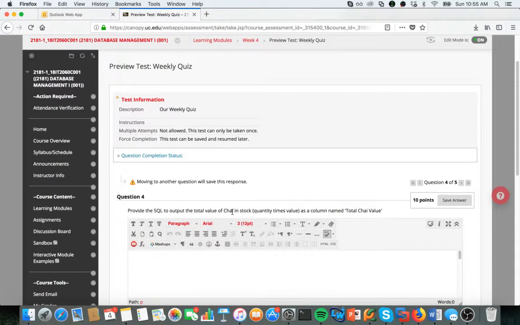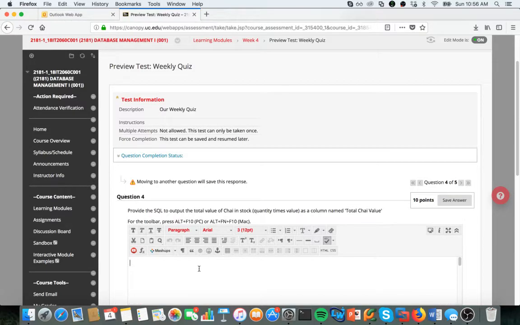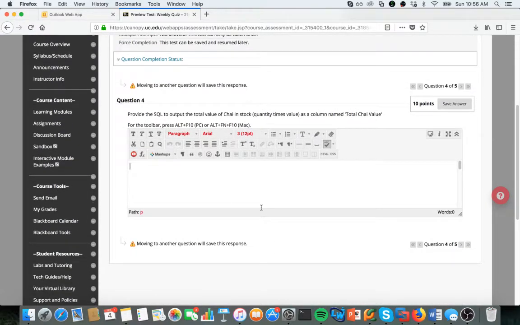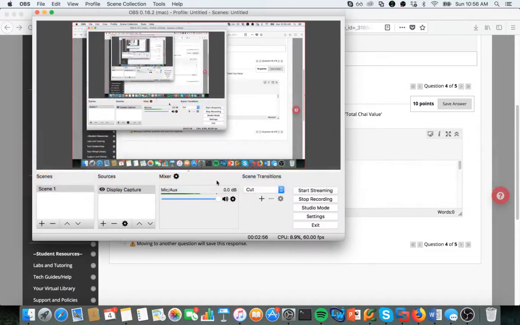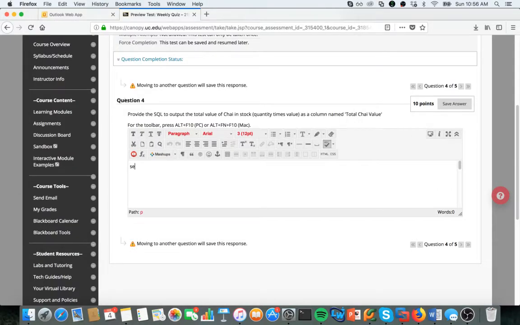Question 4, provide the SQL to output the total value of chai in stock, the quantity times value, as a column named total chai value. And so this one I think tripped a lot of people up as well. And this one was actually pretty easy. And really all we're doing here is we're saying select